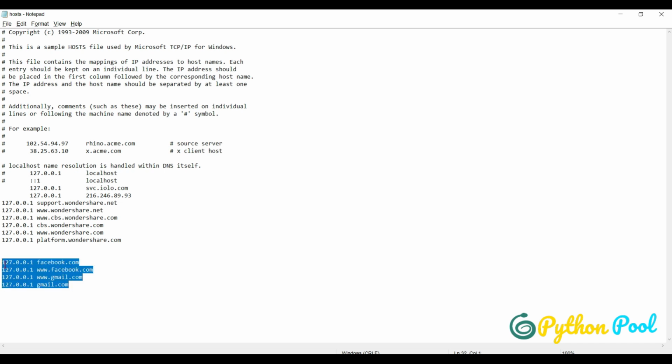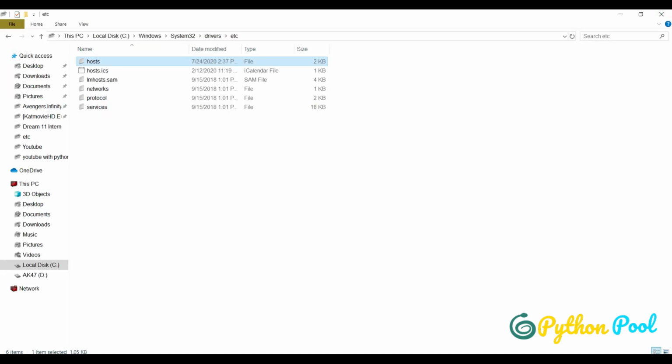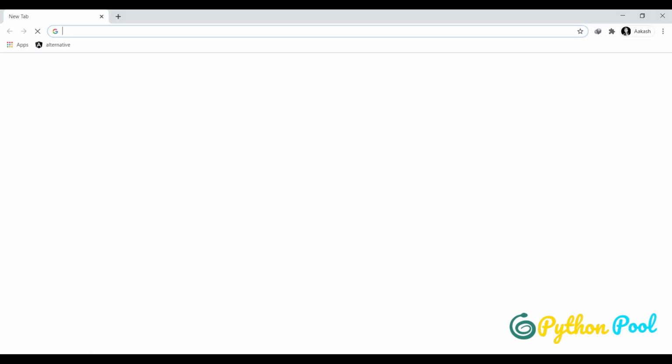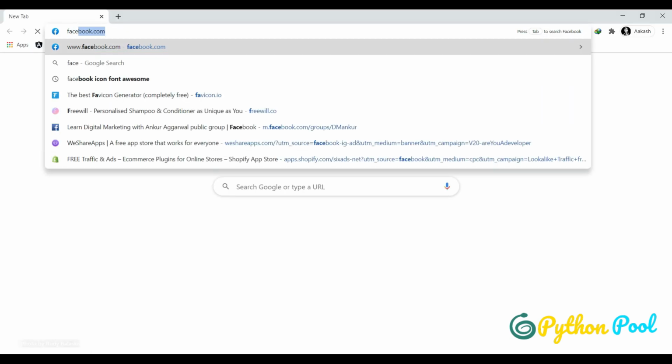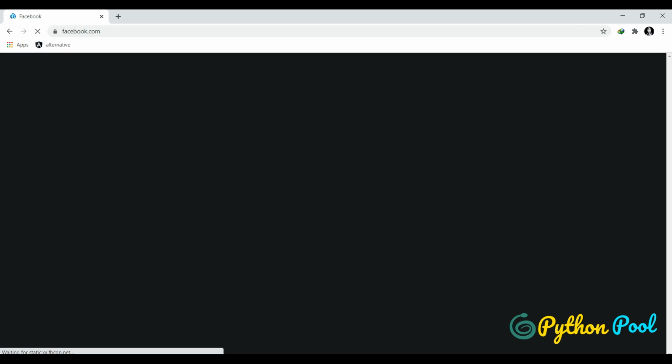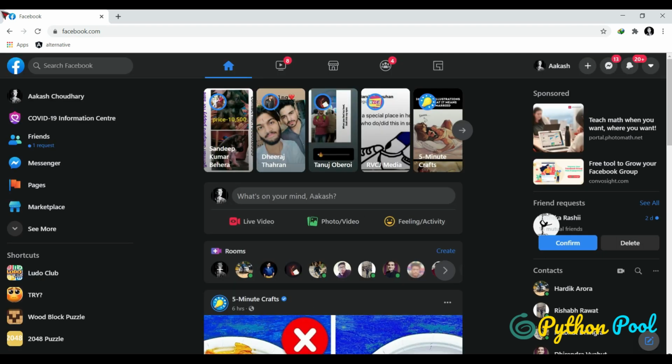And once we remove these, save our file, close this, close our browser, reopen it again, type Facebook, hit enter, and we could successfully reach facebook.com.